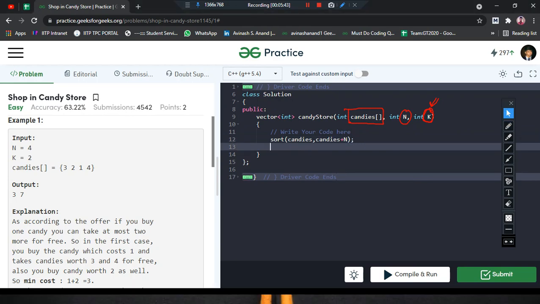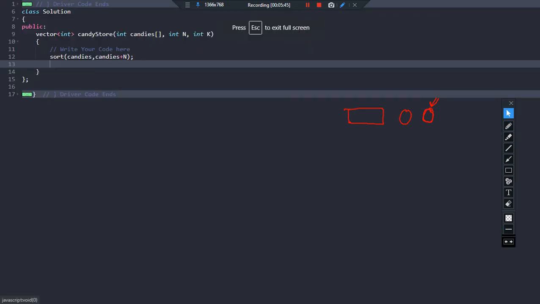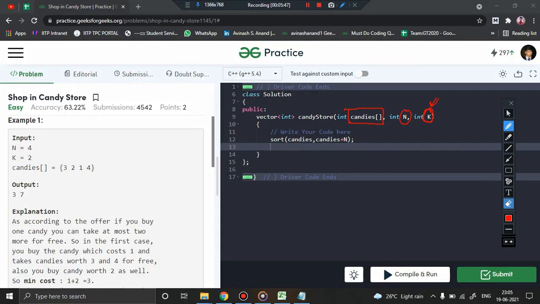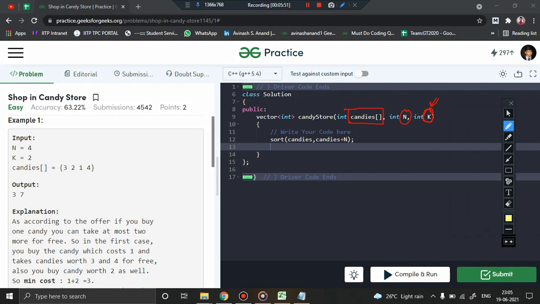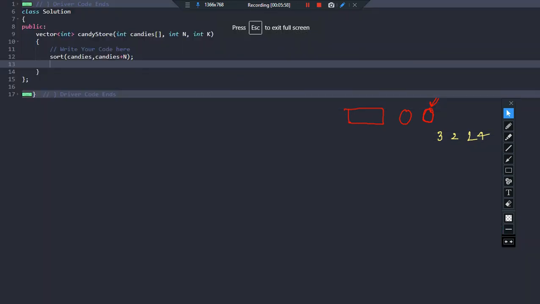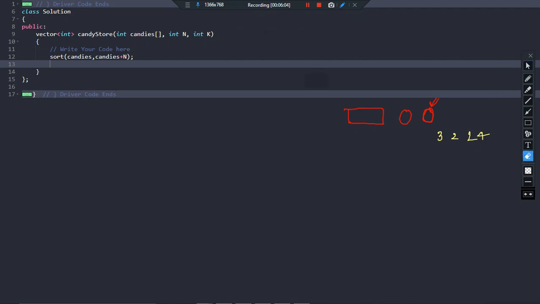Let me just increase the size of the screen. Sorry, let me write this example first. Suppose the example has elements like 3, 2, 1 and 4. Now it's easy to explain. Let us jump quickly, increase the size of the screen. Great. So you can clearly see 3, 2, 1, 4.